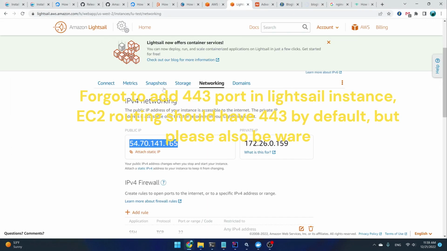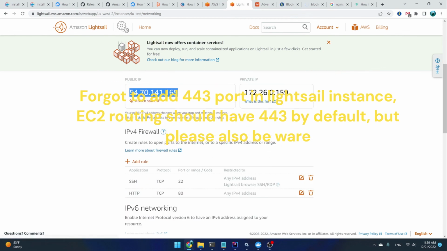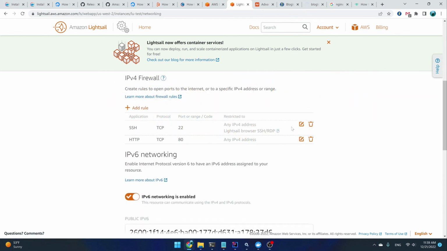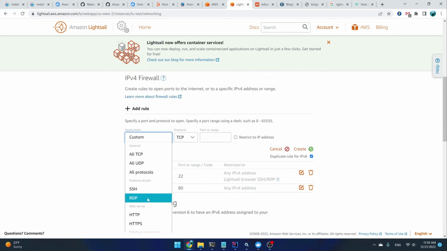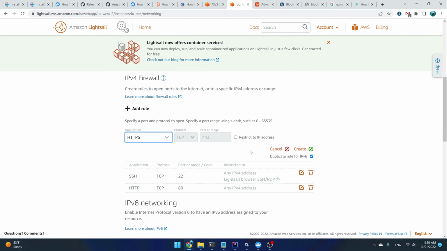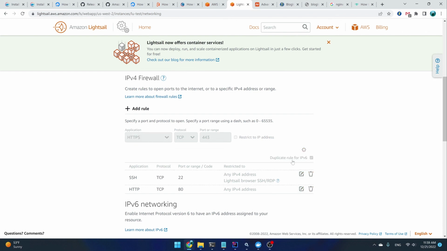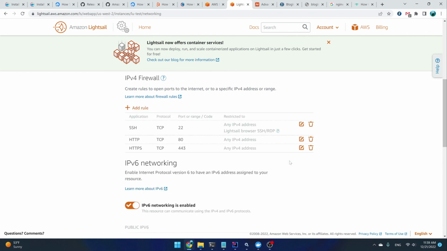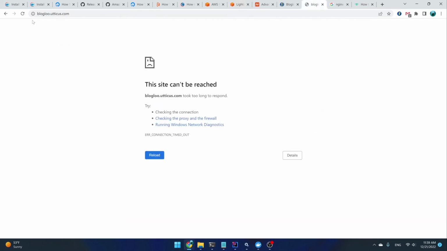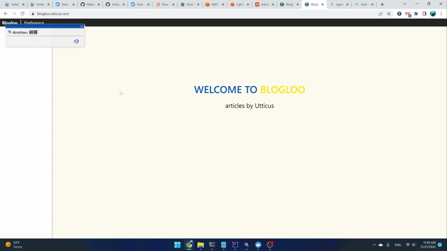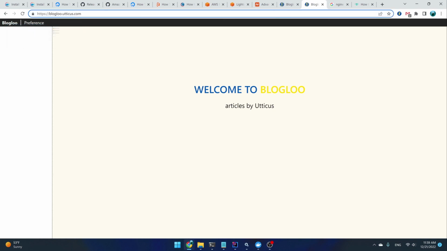So let's go back to the networking. You can see we never exposed our HTTPS port. So let's add another rule here. HTTPS. Yeah, create. Okay, things should be working. Let's try again. Yeah. So now we have successfully